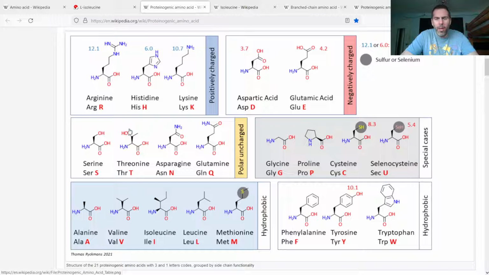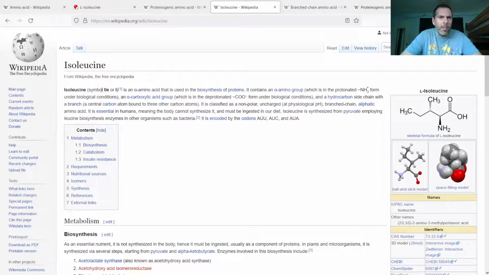So here's all the amino acids. Down here is the hydrophobic section. We've covered these first 4: alanine, valine, isoleucine, and leucine. And you can see that they're all just various arrangements of that hydrophobic hydrocarbon side chain. The abbreviation is ILE. It's not the first 3 letters like usual, but since iso is a prefix, the symbol is ILE, which makes it a little bit more specific. And the 1 letter is I.